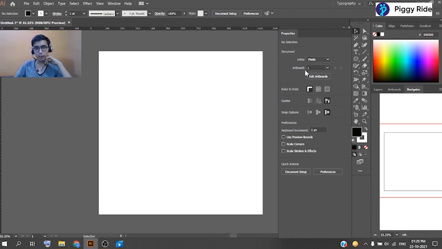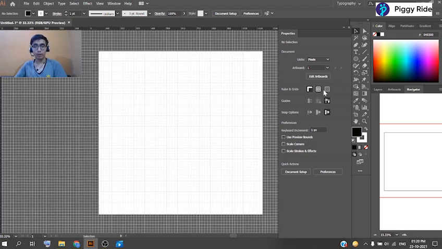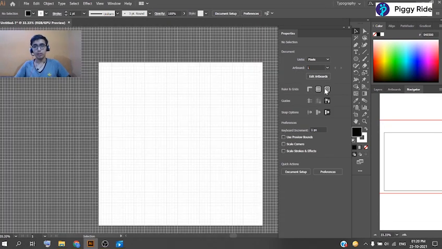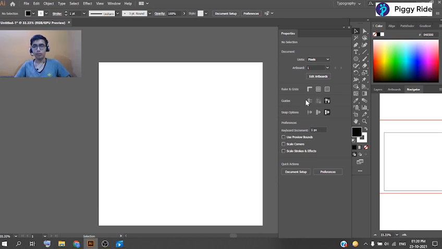Okay, so the properties panel basically shows all the preferences, document, guide and snap options. If we have to change the units to pixels or inches, I can easily do it from here. We will set it to default, that is pixels. Or if you have to edit our artboard, we can do that from here. We can enable grid, ruler, or transparency mode that I have shown you earlier also, or disable it. With that we have guides.